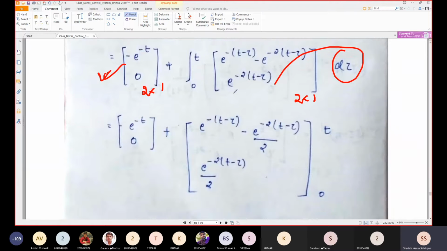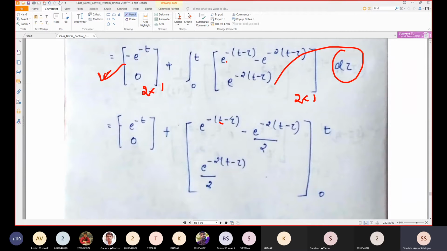So we have the integration e to the power minus (t minus tau). t will be constant as it is, so no need to worry about t; just take it for tau. So e to the power minus (t minus tau), e to the power minus something would be as it is, and we will have to differentiate this term. See, t minus tau will give you a plus value.